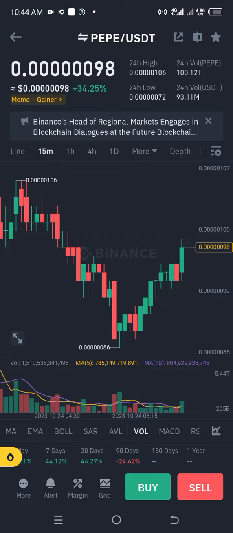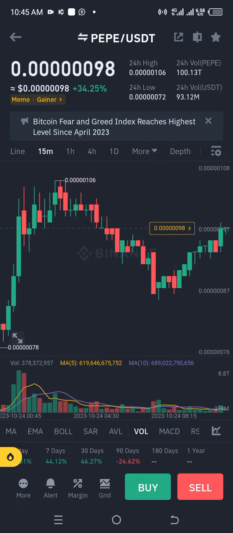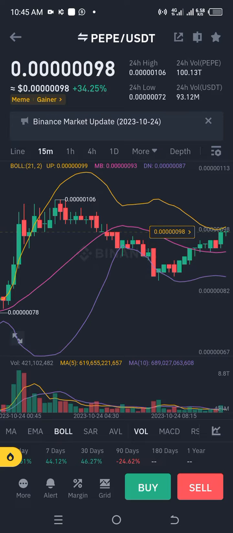then from 0.0086 again you can stick a trade, and get to 97, and get to 9798 and make a lot of profit. So if you apply the Bollinger Band now, you can see how it works. You can see how it goes up, comes down, goes up, comes down,